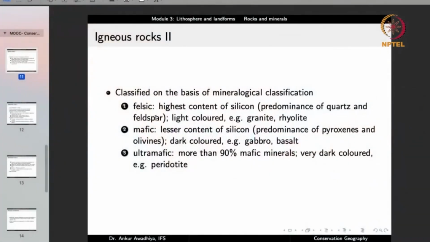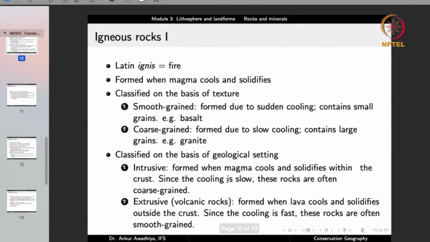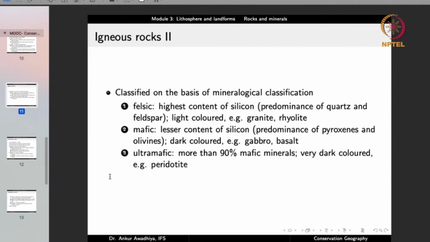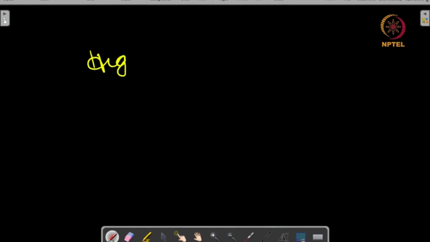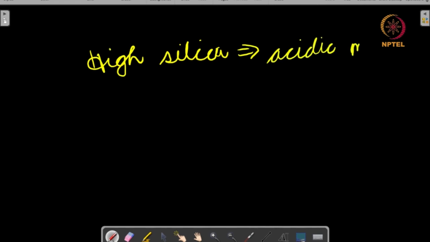Because they are intrusive rocks, they will typically also have coarse grains. And so what we are observing here is that the high silica rocks, the examples are granite and rhyolite. And as we saw in the previous slide, granite is a coarse grained rock, and a coarse grained rock is typically an intrusive rock. So you can make a correlation. So basically rocks with high silica content will be acidic rocks. So let us write it like this: high silica. So these will be acidic magma,